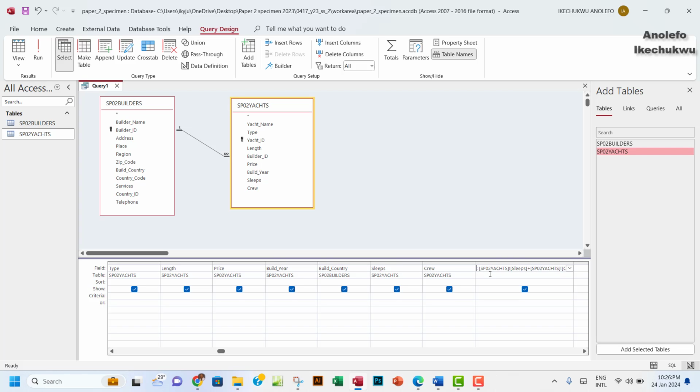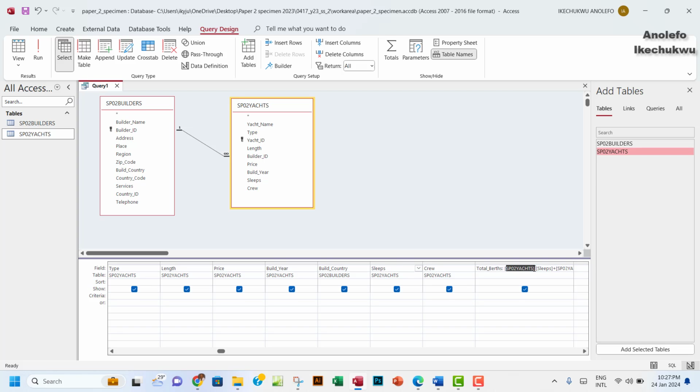I'll remove expression 1, and then I'm going to paste total birth there. So in the case of examination, you are going to actually type. When you type, ensure that the spelling is correct. Ensure that all spellings are correct, right? Okay, good. So first of all, the reason why you have this Yacht exclamation mark is to tell the Access